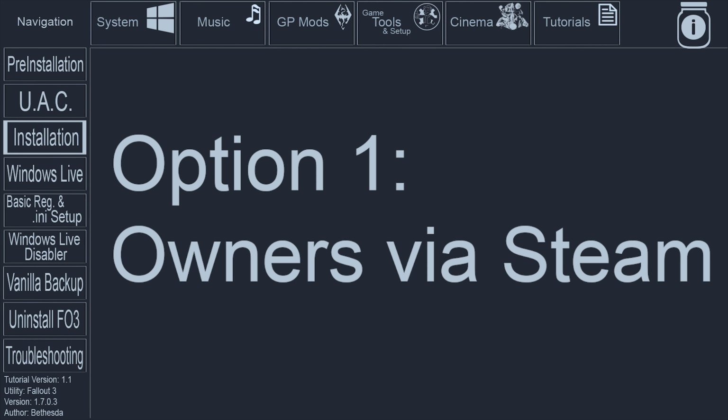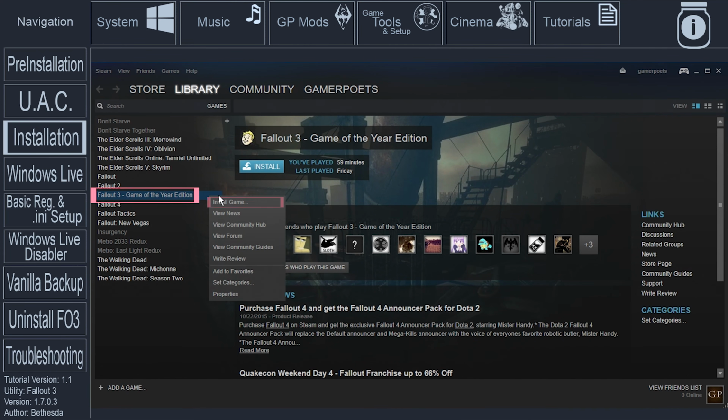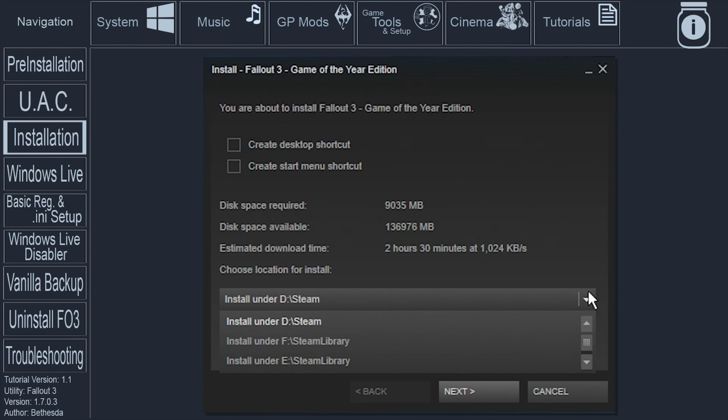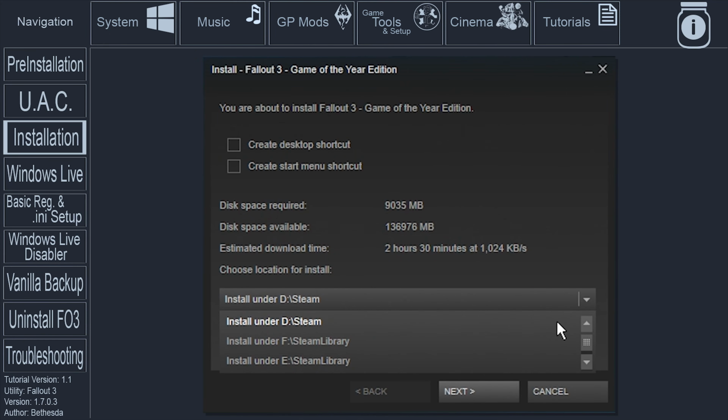Option 1. For those who already own Fallout 3 via Steam. Open Steam. Navigate to your library. Right-click Fallout 3. Select Install. Choose Location for Install. Select the location outside of the Program Files and Program Files 86 folders, but be sure